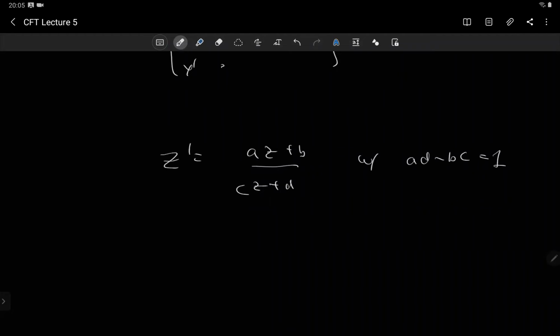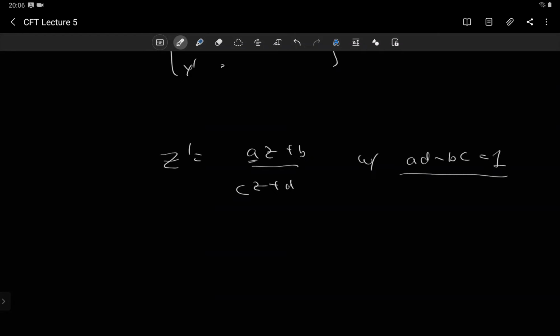So for different values of a, b, c, d, you will get different conformal transformations. All of them will be of this type. How do you see that? Well, first of all, you can look at the number of parameters. There should be 6 parameters. So how many are there? There are 1, 2, 3, 4 complex numbers, that means 8 real parameters and 2 constraints, because this is a complex equation. So 4 complex numbers with 2 constraints. Therefore, there are 6 parameters.